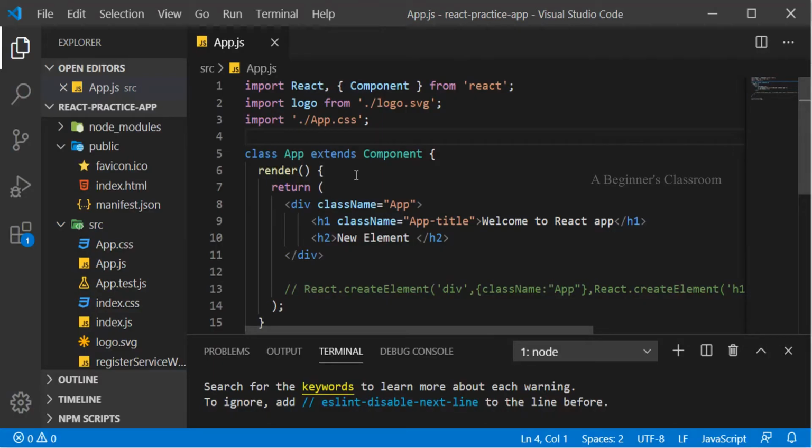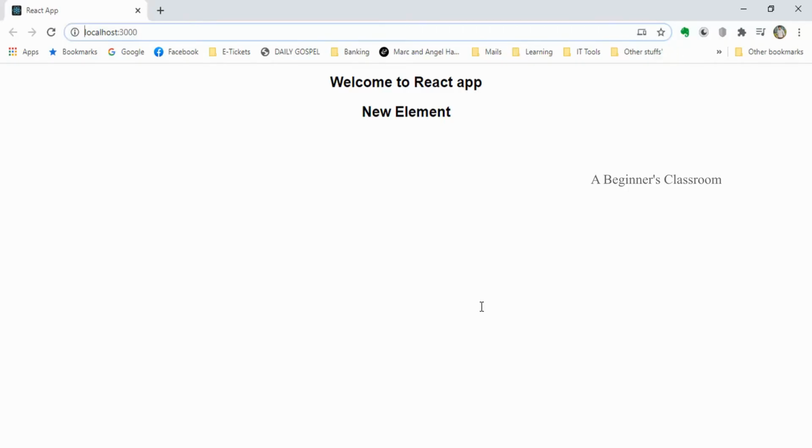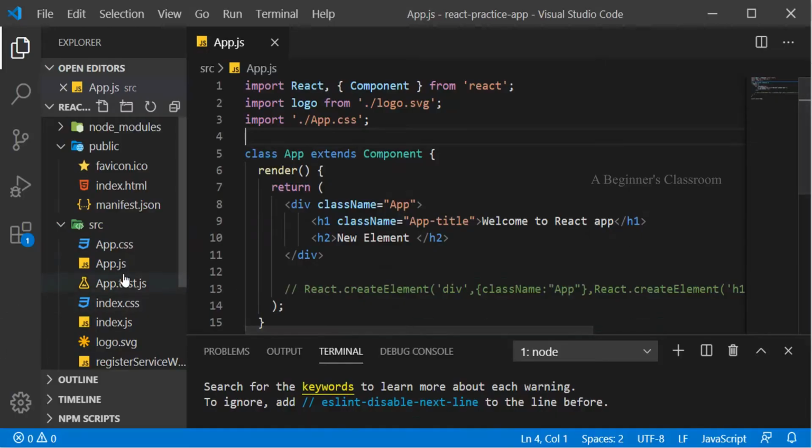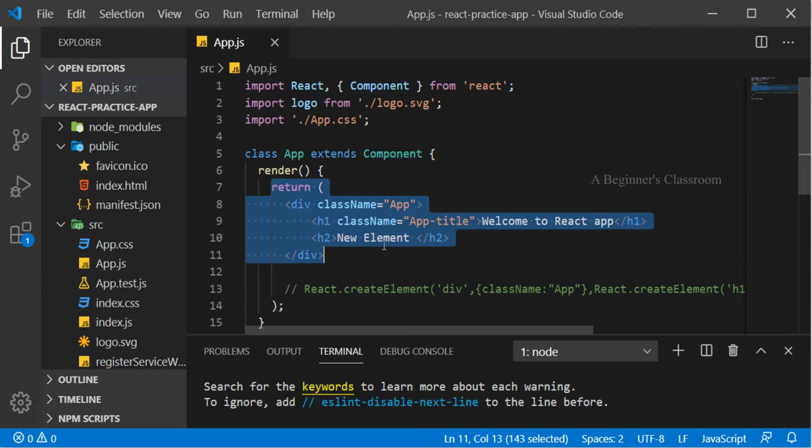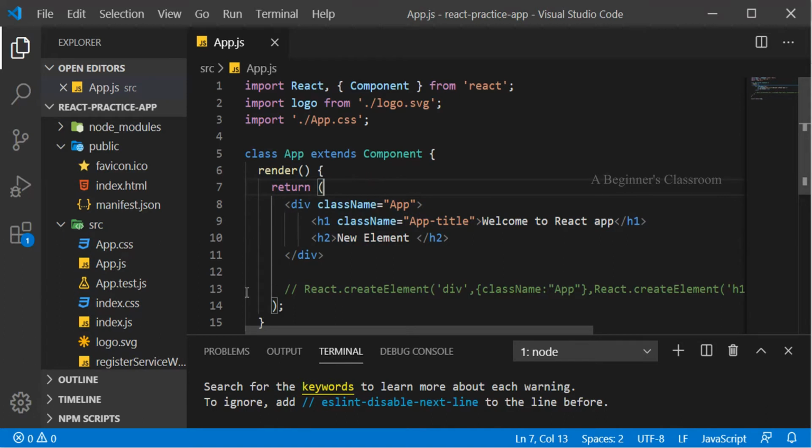Let's look into our project. I have already started our application by running npm start, and it's up and running in the browser. Here you can see the app.js file, which is the root component that was created while creating our application. This is a class-based component, as we are creating a class that extends the Component class from React, and it has the render method which returns the JSX code. This type of class-based component will be useful when we are handling state, and we will see it in detail in our upcoming lectures.